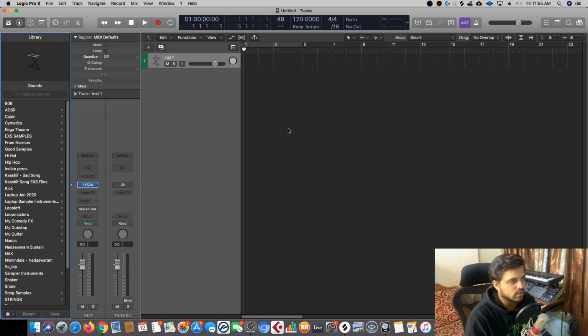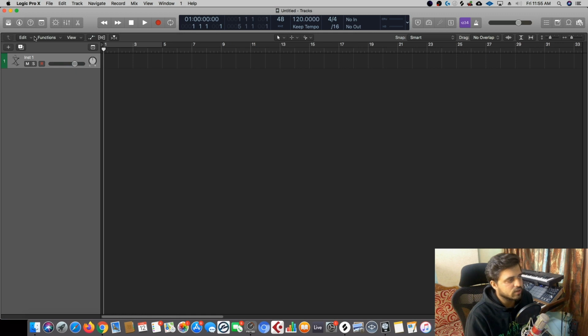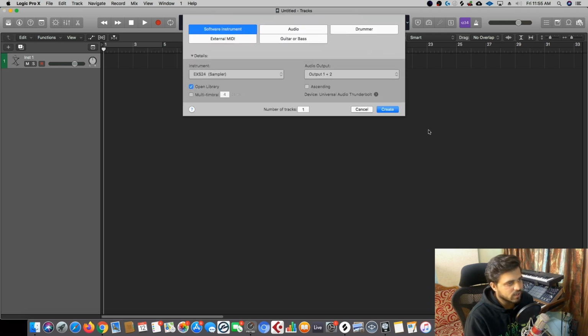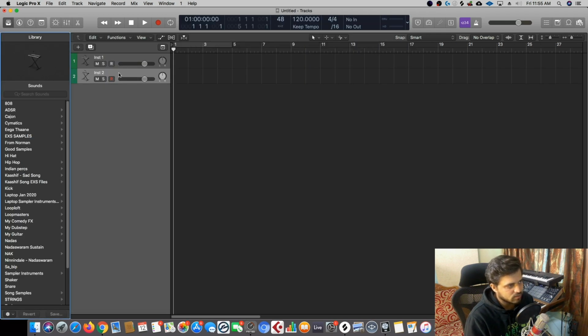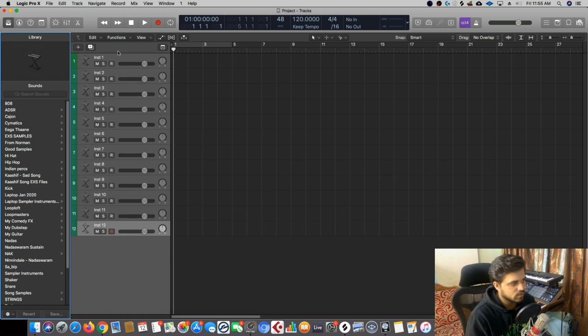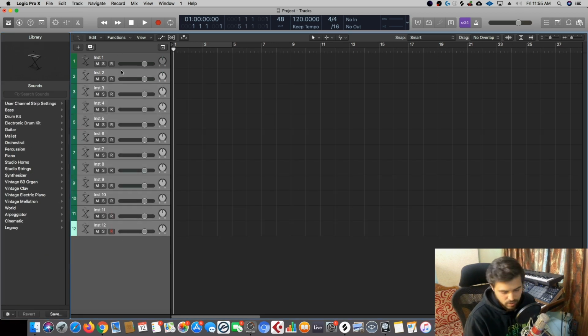This is how Logic Pro X looks when you open it. This is called the control bar. And you can see a lot of buttons. Let me get rid of these for now. This whole window is called your arrangement window or the workspace. This rack here is the track rack. I can create new tracks, and you'll see as you create new tracks, they go on adding here. You can see multiple tracks getting added. I'll come back to that later.